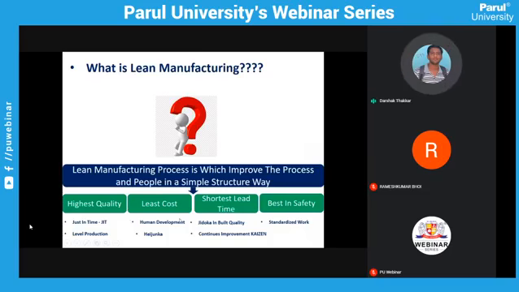So with the help of these basic tools, we implement lean manufacturing in our industries to produce the best quality product with the lowest cost, right? So next is,